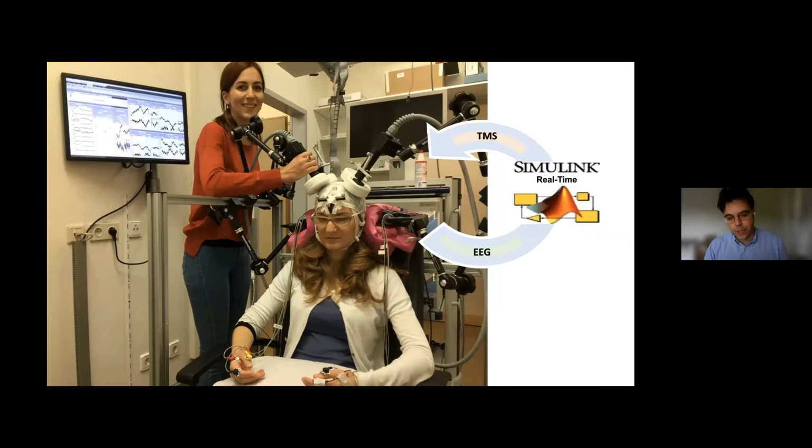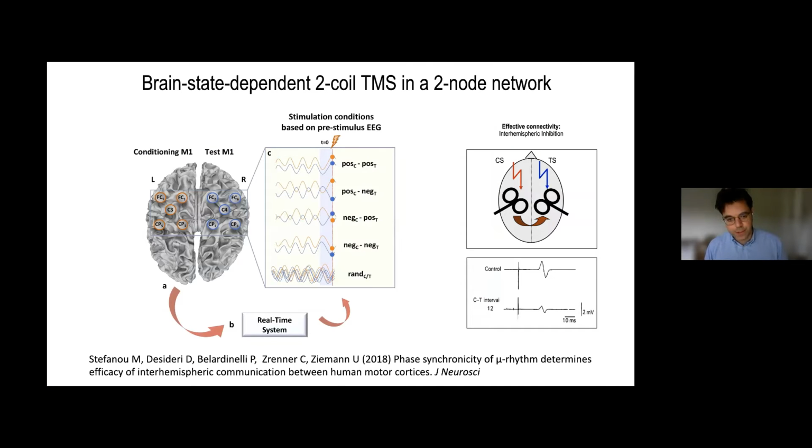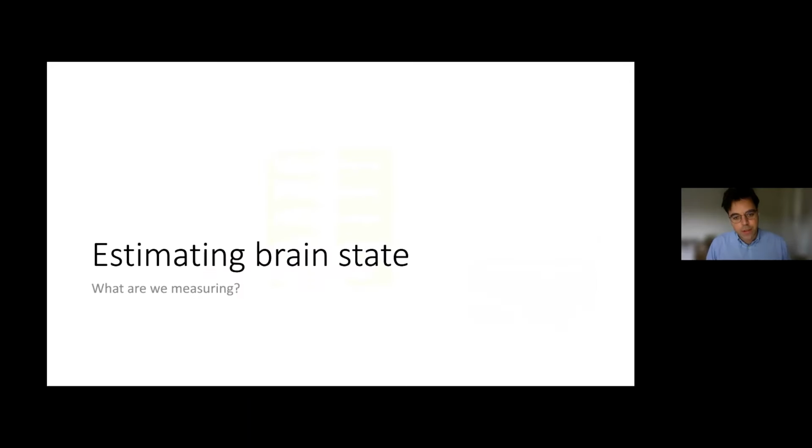This is what the setup looks like if you add a second coil, and then we can move to really modulating pathways. And this is just an experiment where we looked at is there a difference in the intrahemispheric connection during different phase states. I won't explain this in detail, but this is some of the motivation of why functional connectivity is going to be critical to go to this next step of modulating pathways.